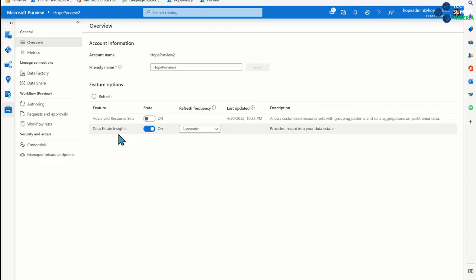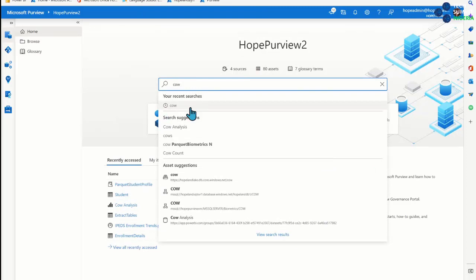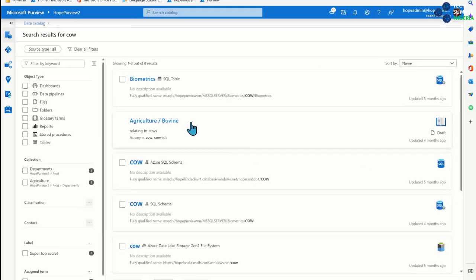One caveat that I ran into, for example, was the lineage. And this wasn't necessarily in a blue box. It was only in an asterisk. One thing with Purview, and let me actually show this, let's go back to our cow example.